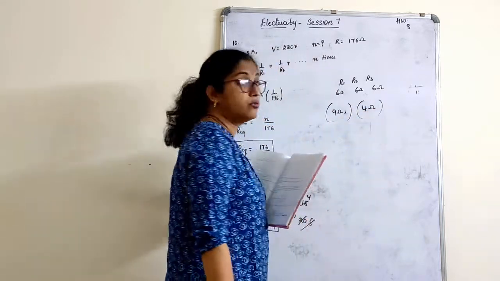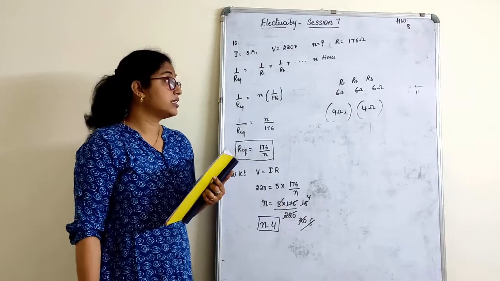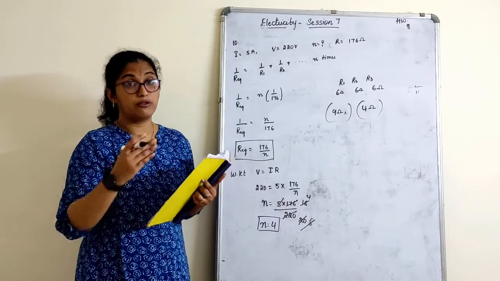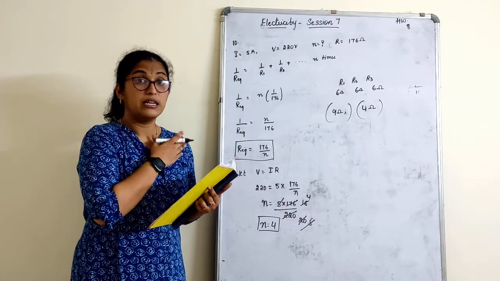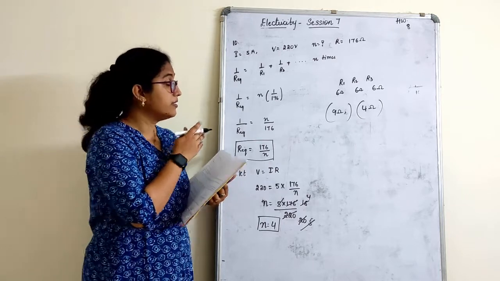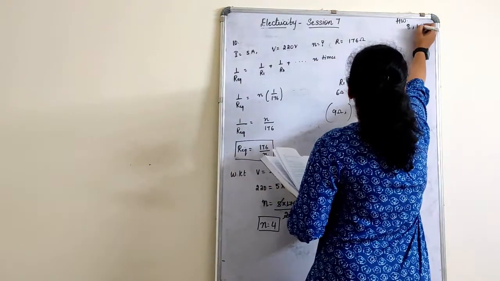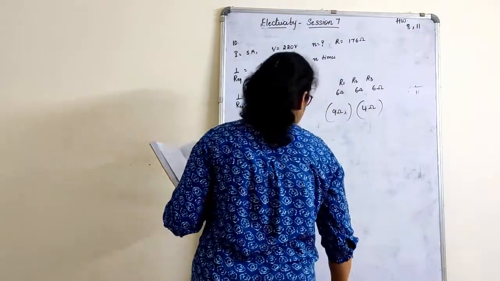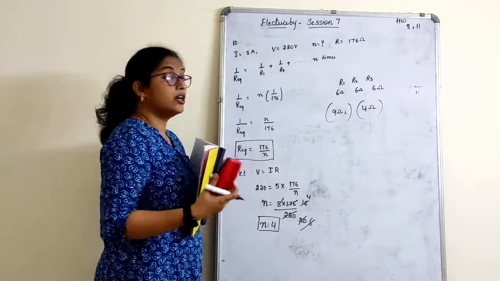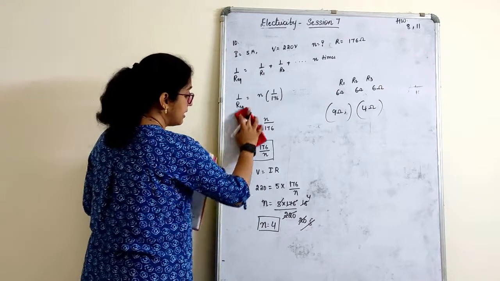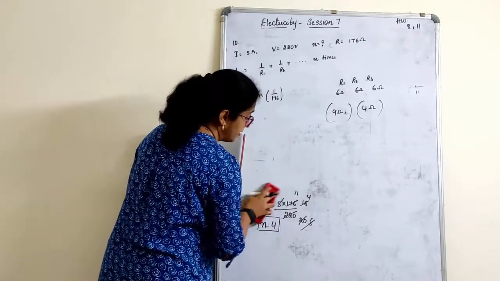Now you know how to make this combination, which is in series, which is in parallel, with the trick I have taught you in the worked examples and in the exercise in between. So this one I am marking for homework for you all. The 11th one is marked as homework. Also draw the circuit diagram to finalize what has to be connected in series and what has to be connected in parallel.